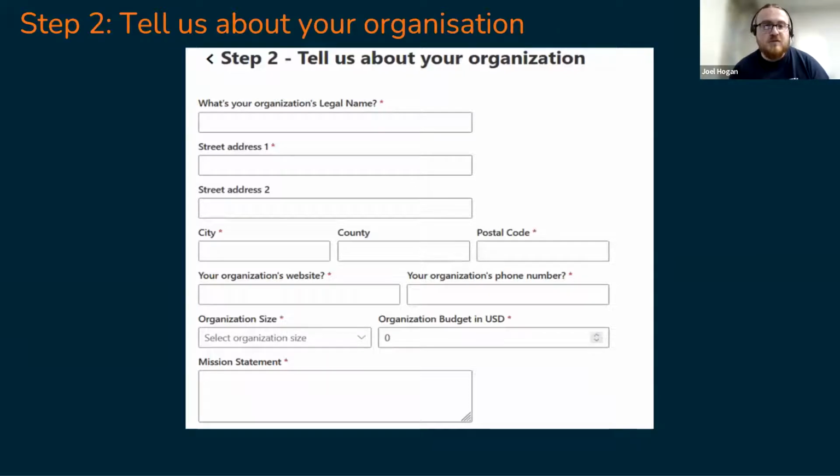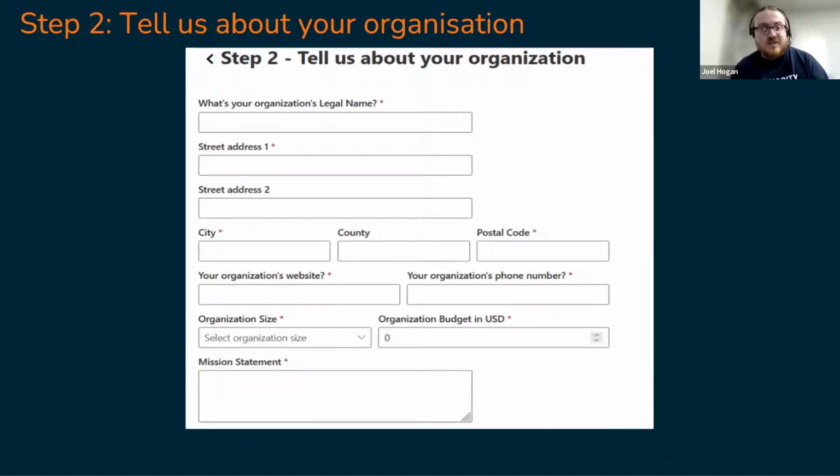So once you've entered a code and clicked verify, you go to the next part of the form here. So tell us about your organization. Yeah. So legal name. If you're coming from perhaps a charity on the Charity Commission or the Oscar Register or the Northern Ireland Charity Commission, enter the name that's on there. If it's a long name, perhaps you come from a religious organization with a really interestingly long church name, and you do have some other names that are listed on your Charity Commission account, like, I know, St. John's PCC. I know it's a very, very generic name, St. John's there, but something like that, you can enter that instead. That shouldn't be a problem.